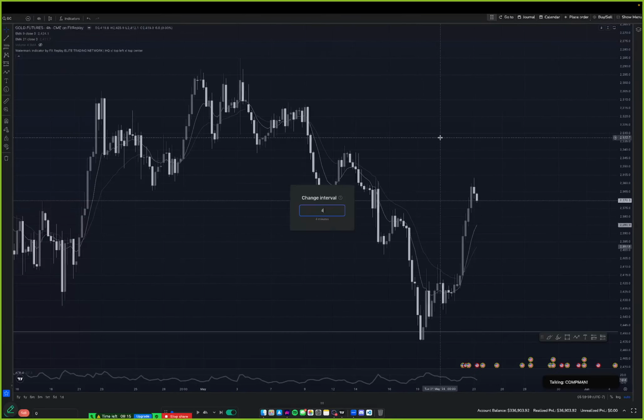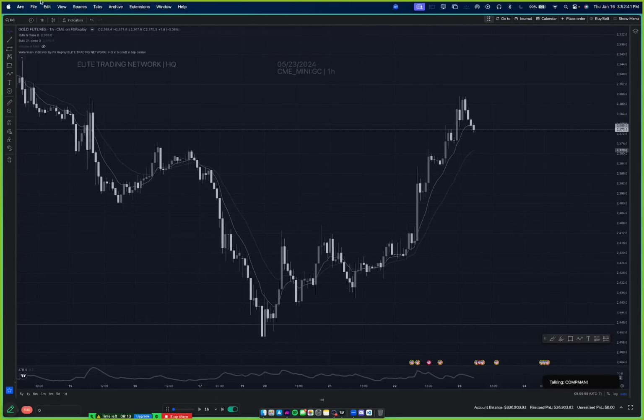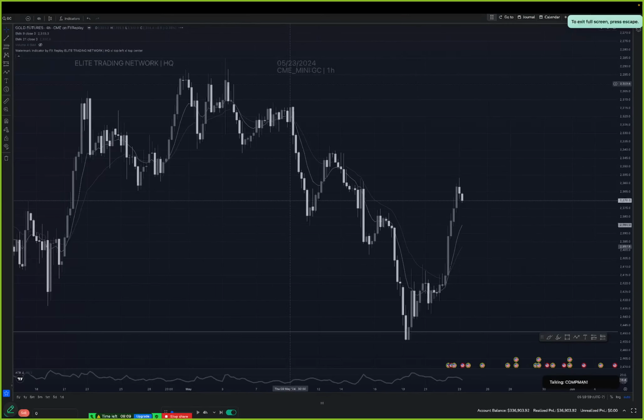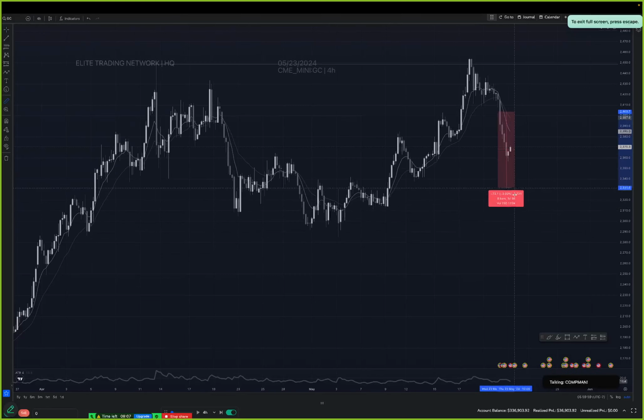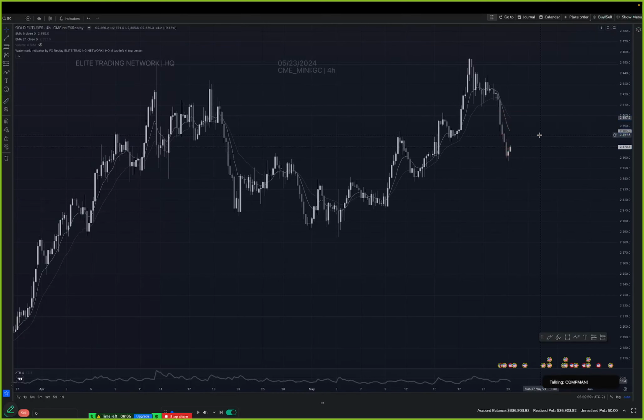Go to the 4 hour. Now, if we look at the 4 hour, sorry, I keep clicking the wrong button. If we look at the 4 hour, we're still in this bearish kind of leg. Now, what's going to happen is we're going to come back to that MAs, and then we need a reevaluation point right here. Now, this is where in my older videos, I called it like a no trade zone, because